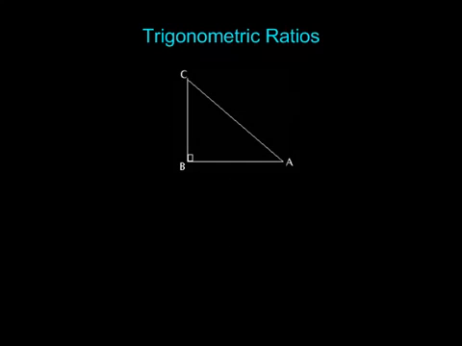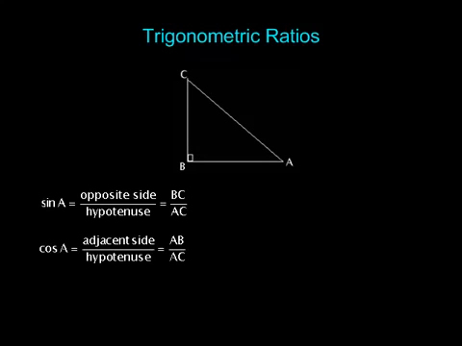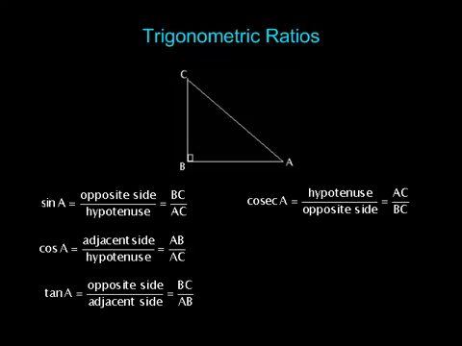Using a triangle, the trigonometric ratios of an acute angle A are: sin A equal to opposite side upon hypotenuse equal to BC upon AC, cos A equal to adjacent side upon hypotenuse equal to AB upon AC, tan A equal to opposite side upon adjacent side equal to BC upon AB, cosec A equal to hypotenuse upon opposite side